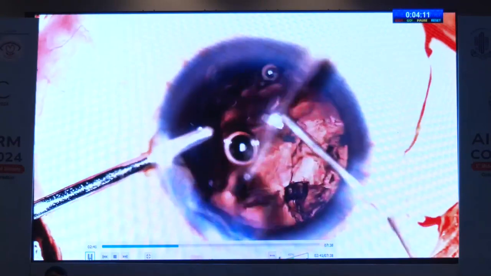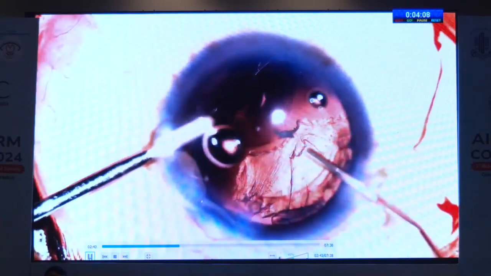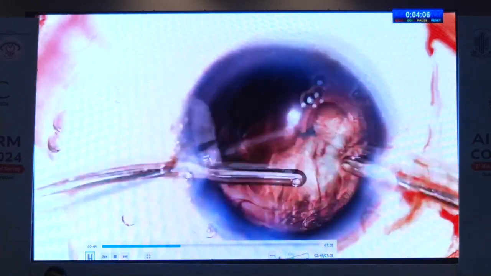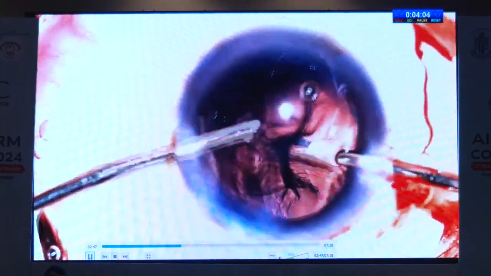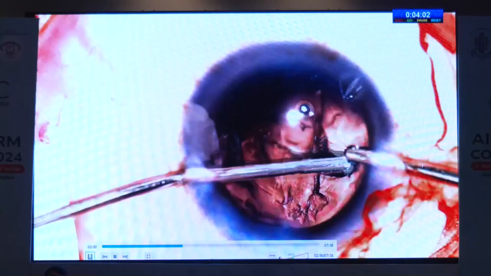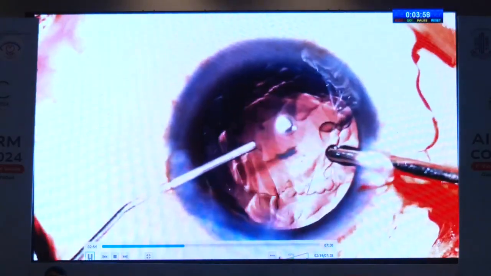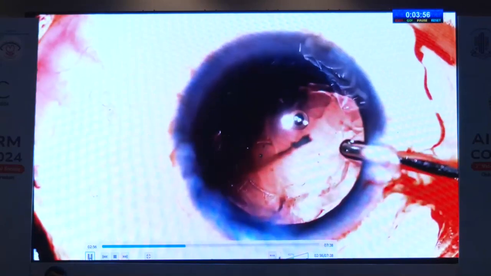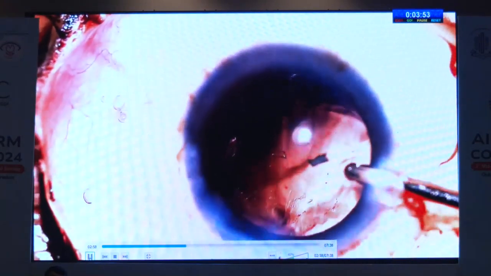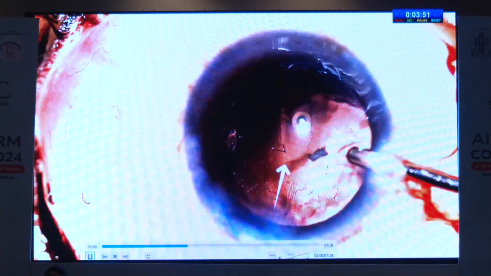Then I find, once I put in a dispersive viscoelastic, 9.5 out of 10, I can still use a bimanual irrigation aspiration to remove the cortex, even if I have a PCR, except that when I'm swapping my hands, I will then again do a viscofluid exchange before swapping my hands. In this interesting case, note I've actually got a partial tear. It's not gone all the way to the other equator.